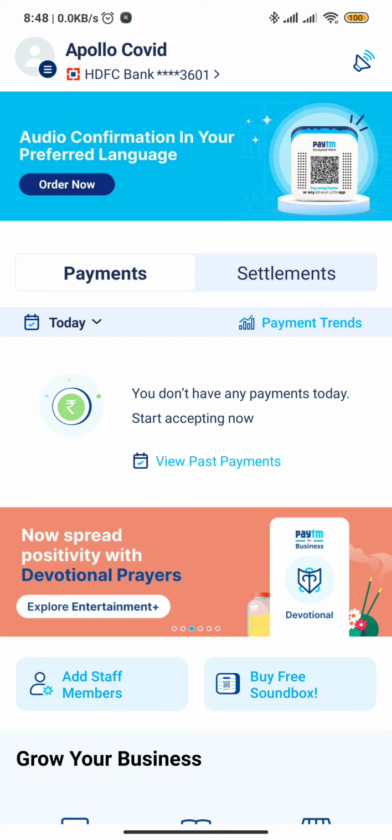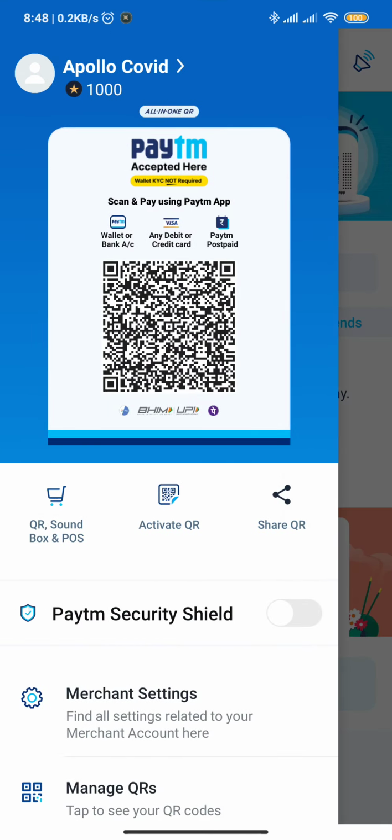At the left top, this hamburger, if we press here, I get to see the QR code which is applicable to this Apollo COVID. Now you will be looking for your QR code. For example, if we are using it for the Salt Lake division, there will be Apollo Salt Lake vaccination, that is Apollo SL vaccination, or for the VR it will be Apollo VR vaccination. This is for the COVID which I have logged in right now. So you are getting to see the Apollo COVID one. This is just an example of what you will also be seeing in your interface.